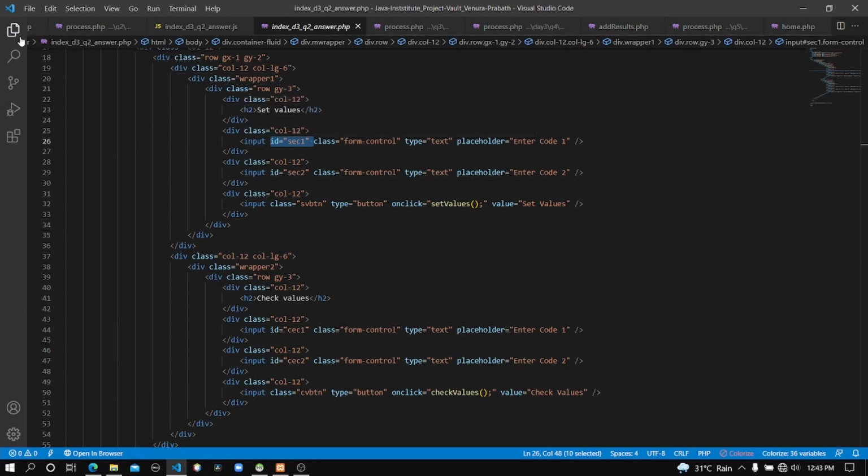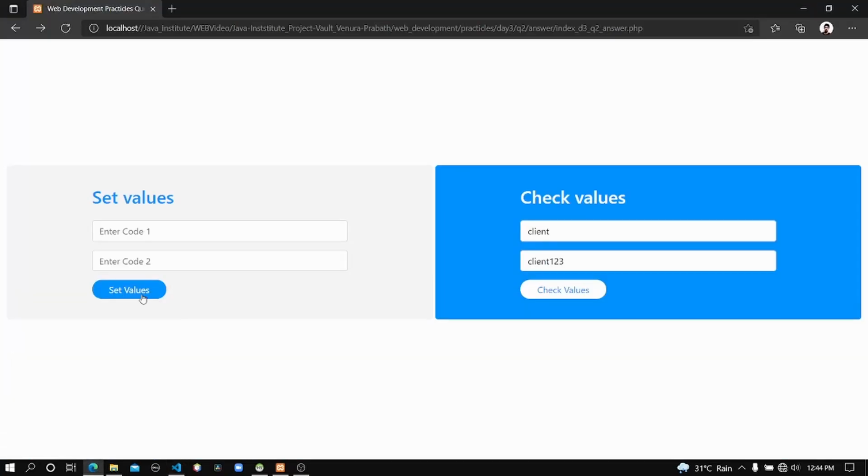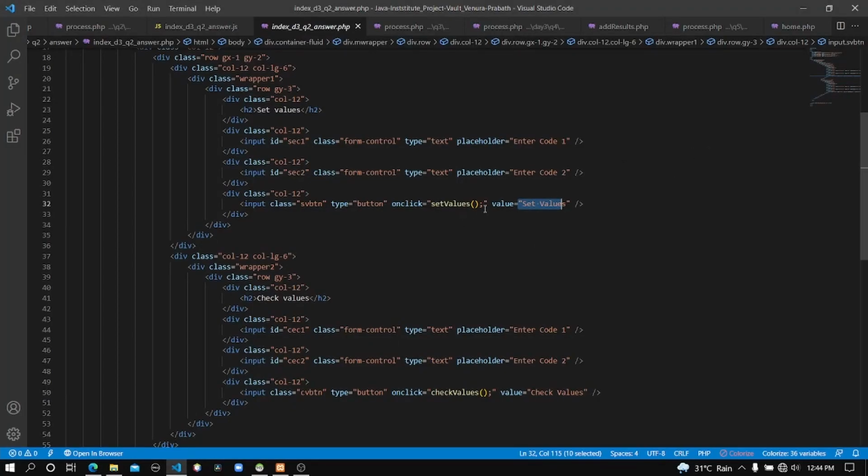Now let's go to our JavaScript file. Here you can see there's a function called set values in the index.php file, and it's the set value button. That means if someone clicks on this button, set values, it will execute that function, the set values function.